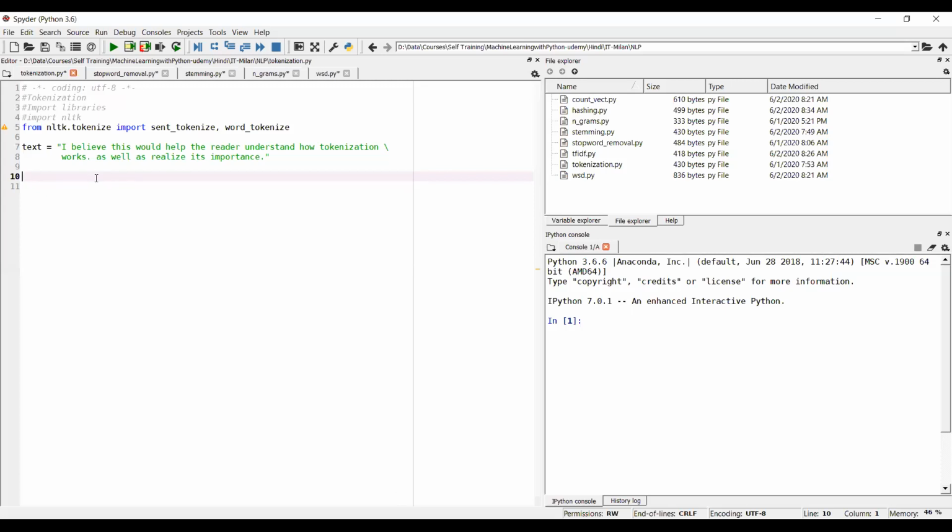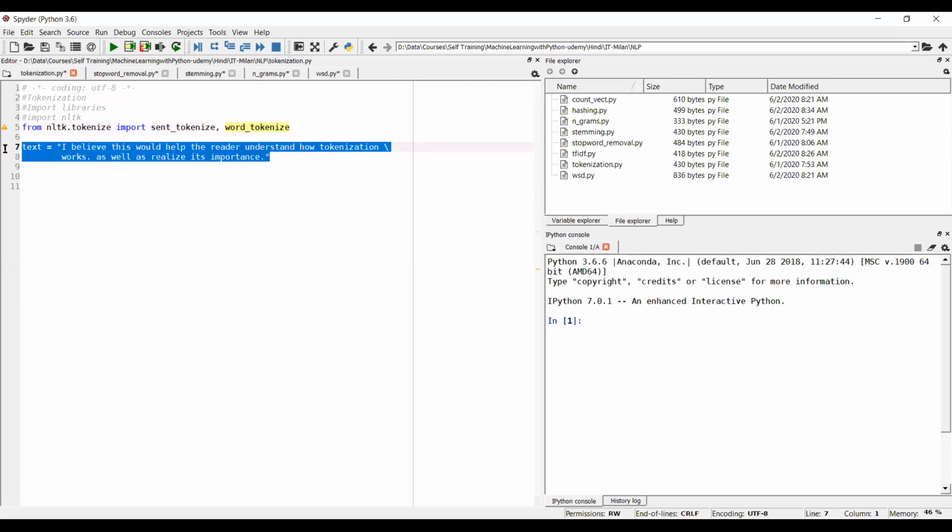Here I have already imported the library, which is nltk.tokenize. What I'm importing from that library are the methods sent_tokenize and word_tokenize. And there's one text given.